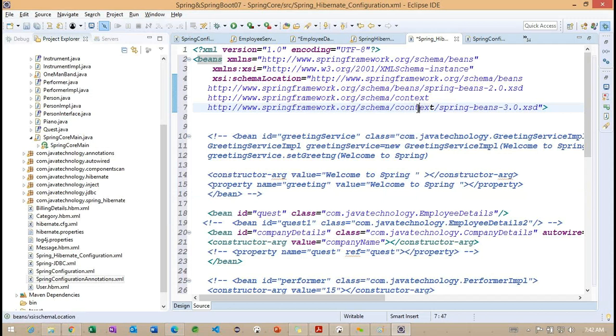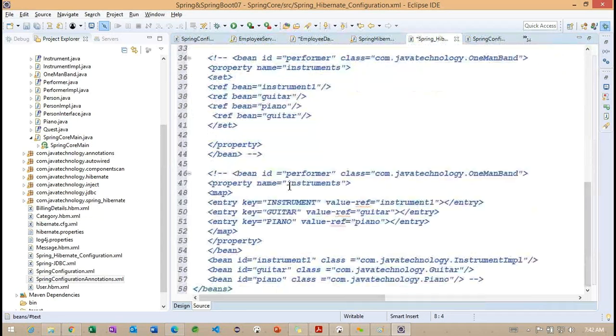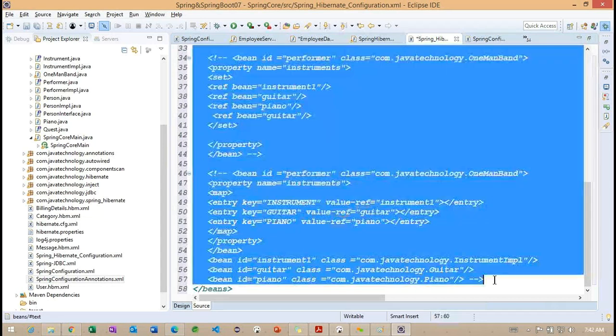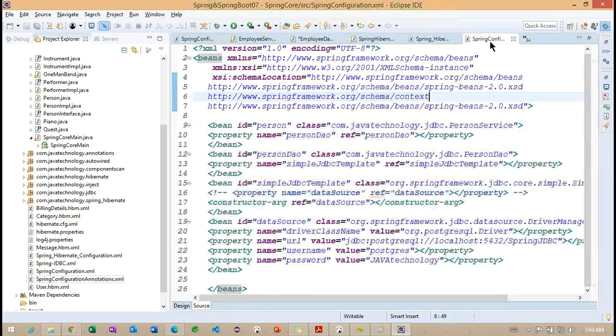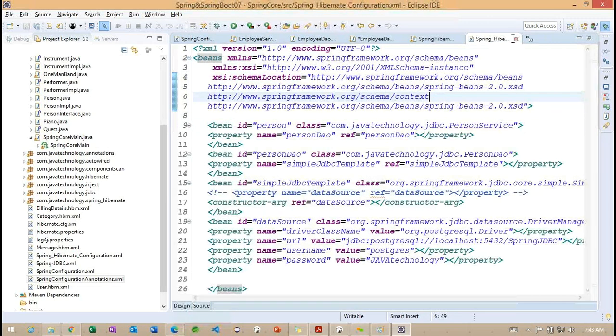Okay. Context, and we'll also use the 3 version, and I don't want to use any other than this particular configuration.